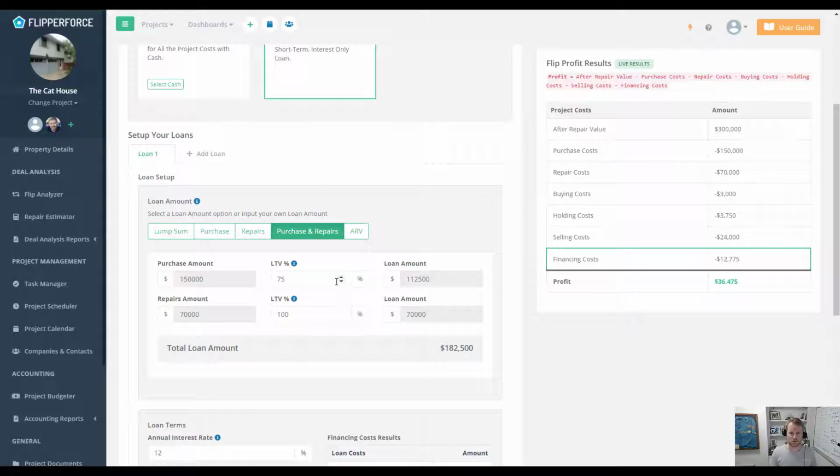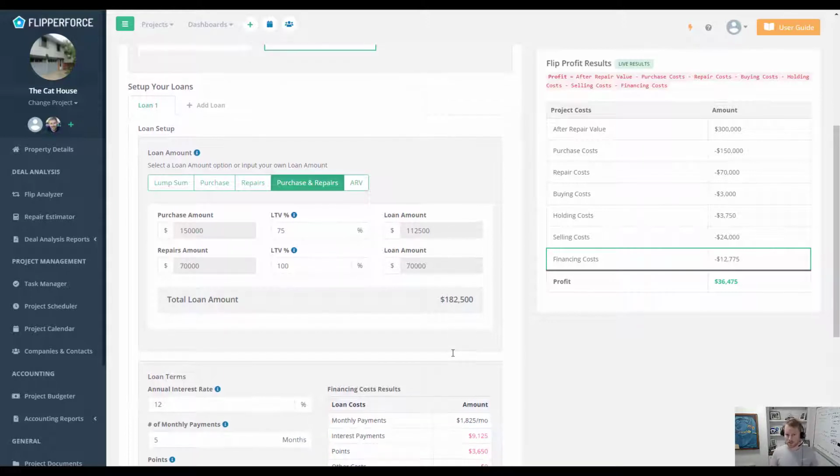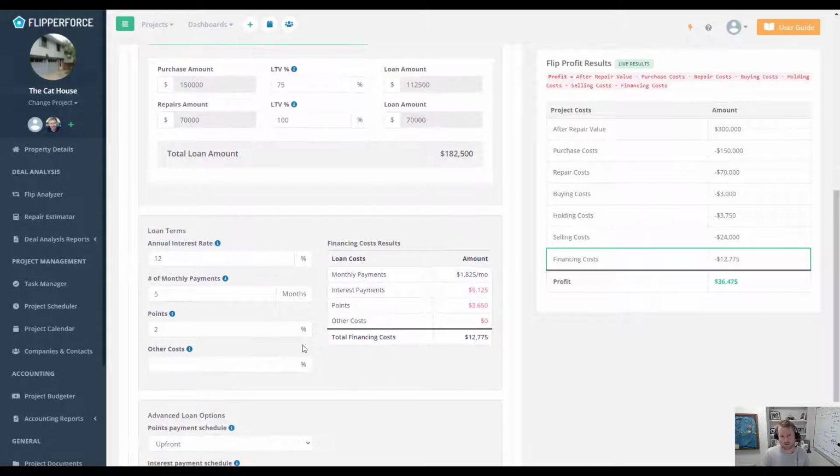Essentially we are going to be getting a loan from a lender for 75% of the purchase amount and 100% of the rehab costs, for a total loan amount of $182,000. We've set up our loan terms here, so we've got an annual interest rate of 12%. We're going to be making 5 monthly payments, and then we're going to be paying 2 percentage points up front